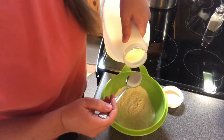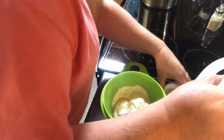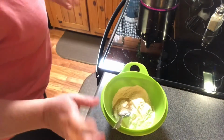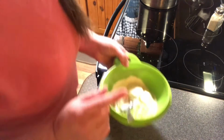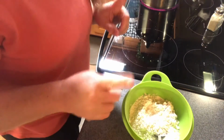All right, put you about a tablespoon of oil in your stuff. And about a third of a cup of self-rising flour needs to go in here. It's over here. I'll be right back. All right, that's about a third of a cup of self-rising flour, one egg,